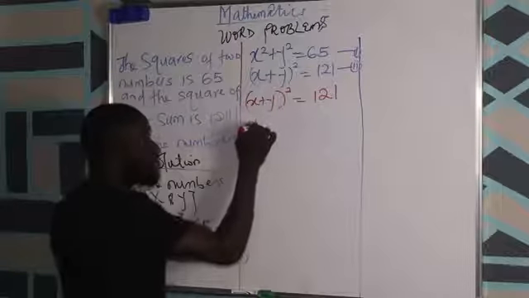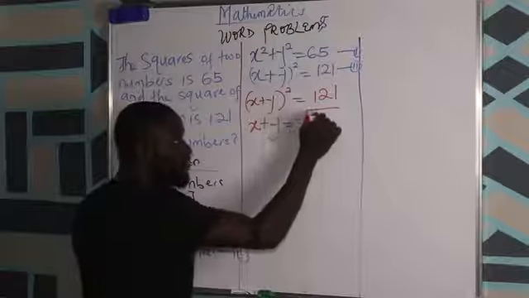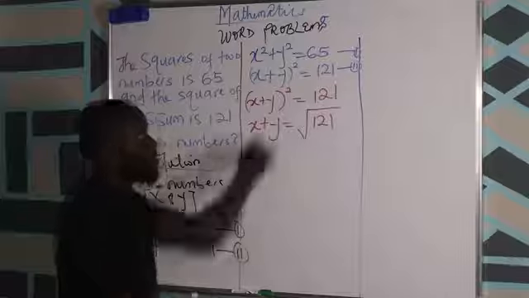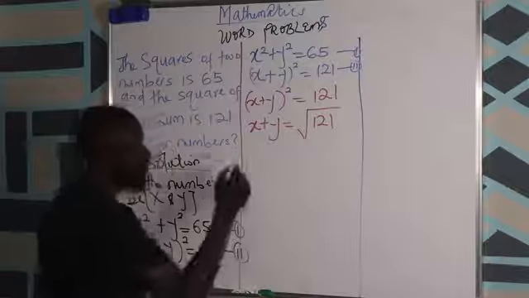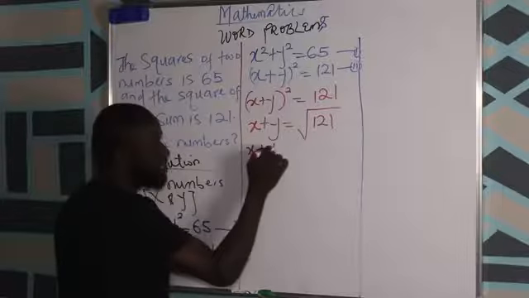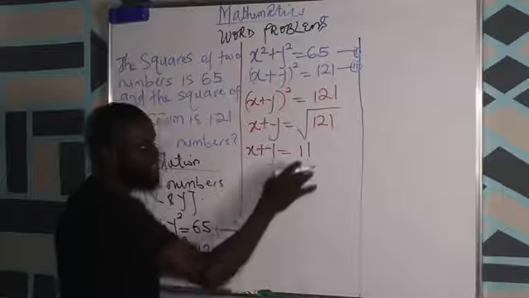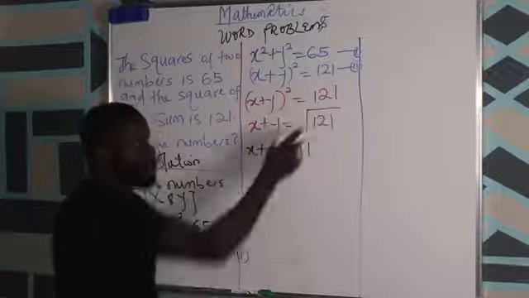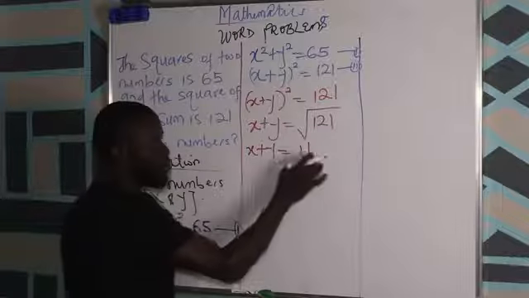So we have x plus y is equal to the square root of 121. You know, when a square crosses the equality sign, it becomes a square root. So now I have x plus y is equal to, what is the square root of 121? 11. 11 times 11 is 121. So the square root of 121 is 11. So since I have x plus y equal to 11,